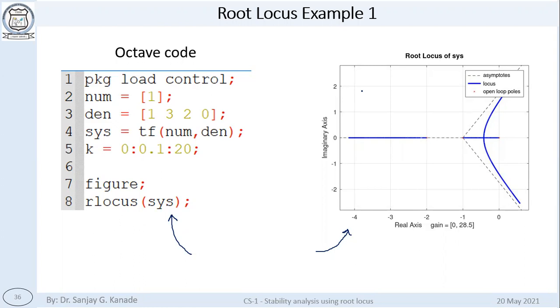So there is an open source alternative to that, which is called Octave. This is not 100% compatible, but a lot of regular tasks, and most importantly, all our control system programs which are written in MATLAB can be run in Octave also. For example, the program that you are seeing here on the screen, except for this first line, the rest of the program will run directly in MATLAB also.